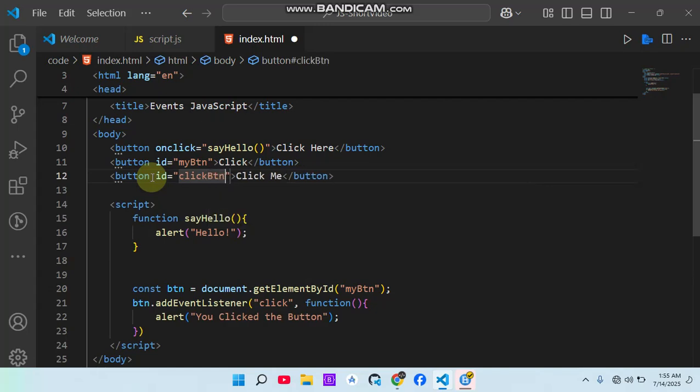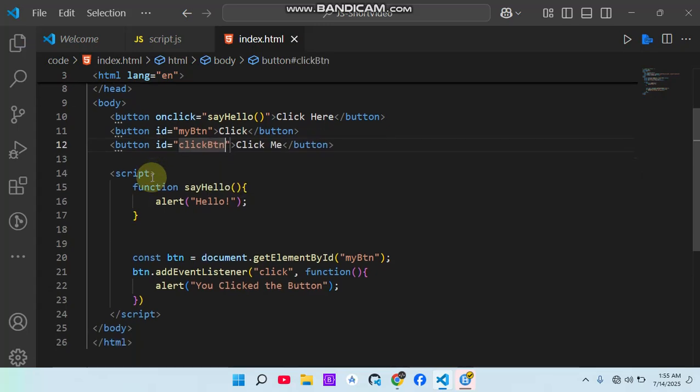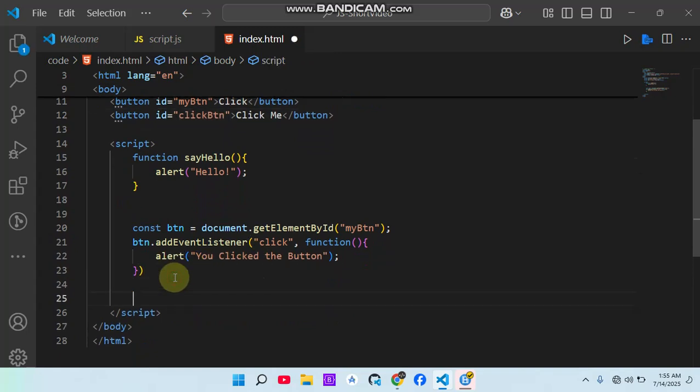Click BTM. All right, now we save this. I'm going to come down into my JavaScript section. Right, in my JavaScript section, I'm going to come down here and then write